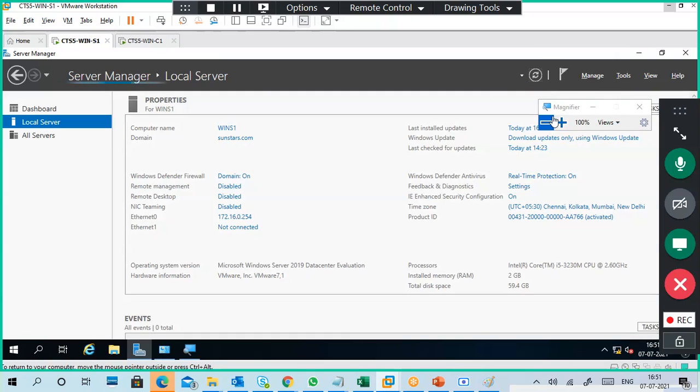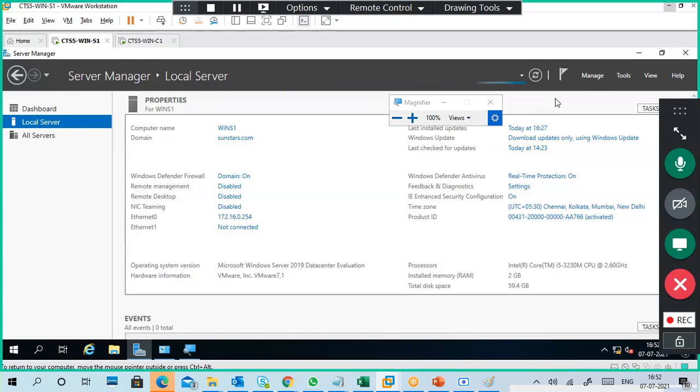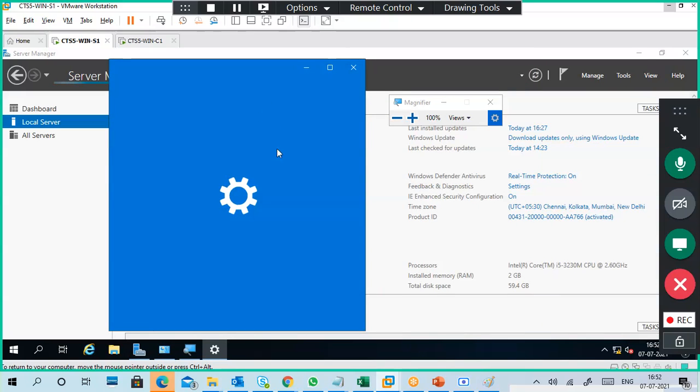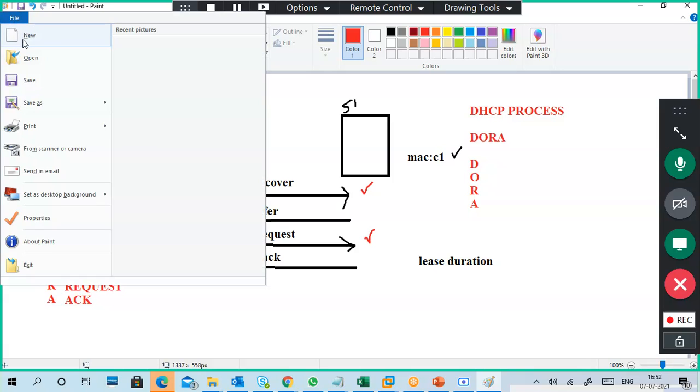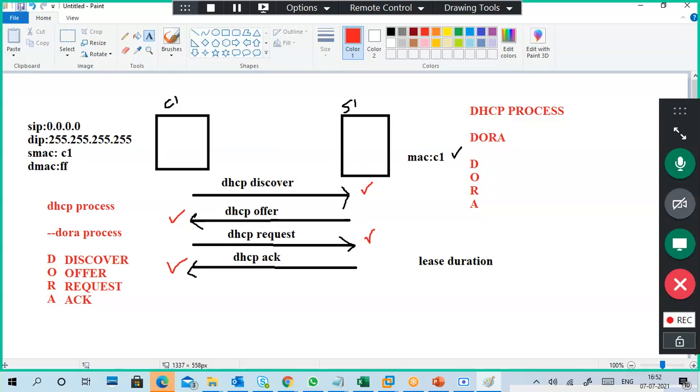The first thing is we have to install the DHCP role. So I am going to remove this one or save this one.